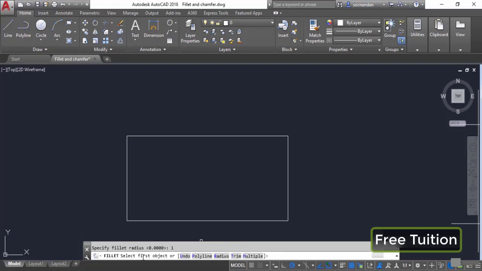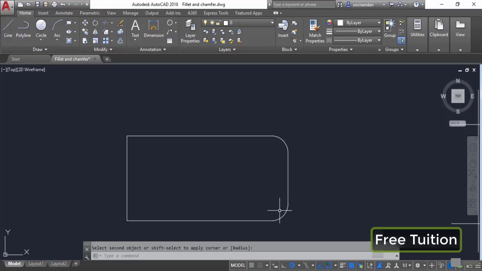It prompts you to specify the first object. So click on this line segment and that will be the first object. Now click on the second one and the fillet will be applied automatically. And as soon as the fillet is applied, the command will also end. Now if you want to repeat the fillet tool, simply press enter and you'll notice that the last settings are applied. So in this case, the radius is 1 and the mode is trim mode. So you can again apply the next fillet simply by clicking on the two line segments. After applying the fillet, the command automatically exits, and if you don't want the command to exit automatically, you can